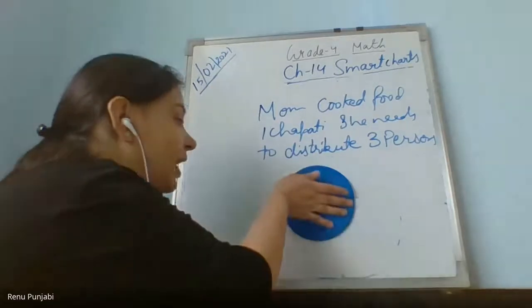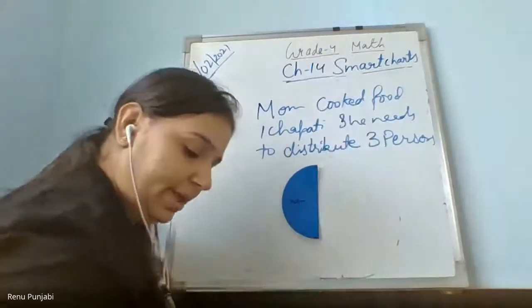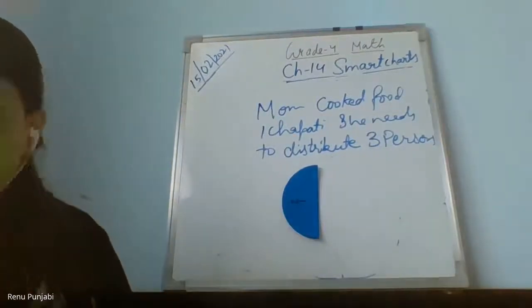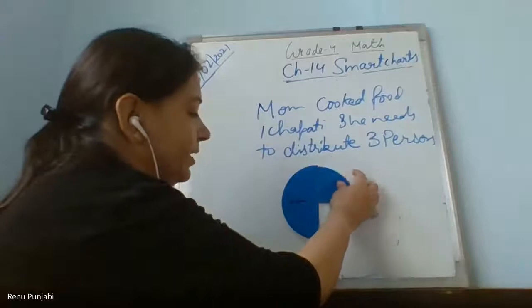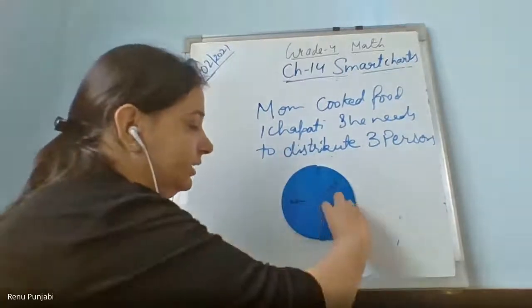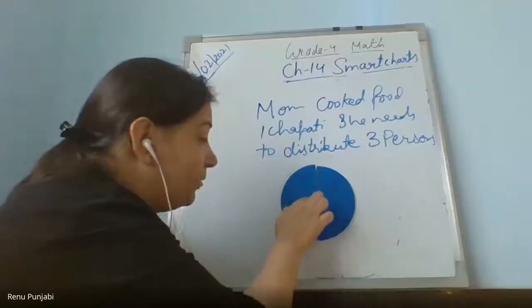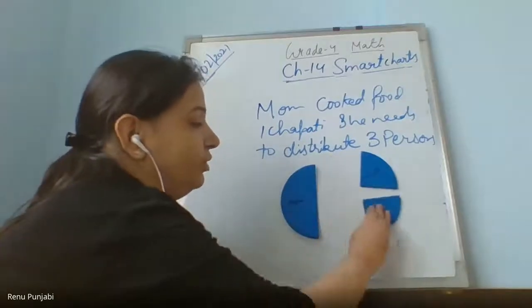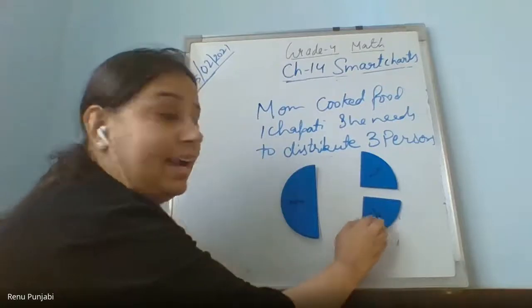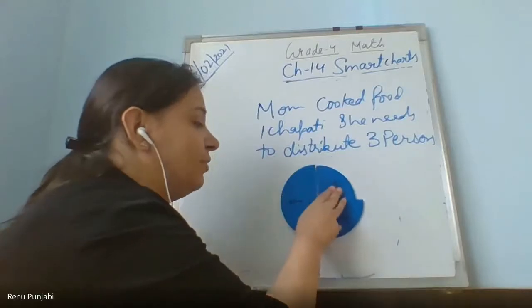Now please pay attention here. Now one person was given half, and the others were given 1/4. Is this clear to you? When you take half of a half, I divided this half into two parts. Have you understood this thing? I have divided this half into two equal halves. Then that's why each got 1/4.